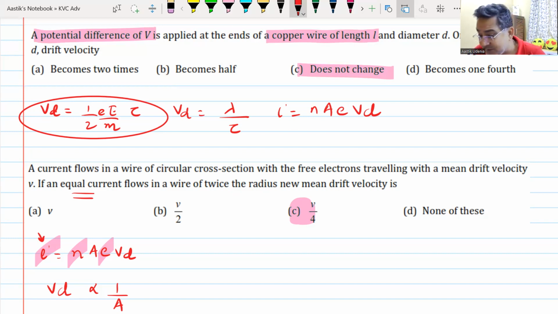V and L are same. I said when I was explaining the question, V and L are same. Did I say that or not? Electric field is same. Therefore, the drift speed is same. Okay? We get this? Yes, sir. So be careful about such questions, because that is how the questions will be framed, and if you make a mistake,